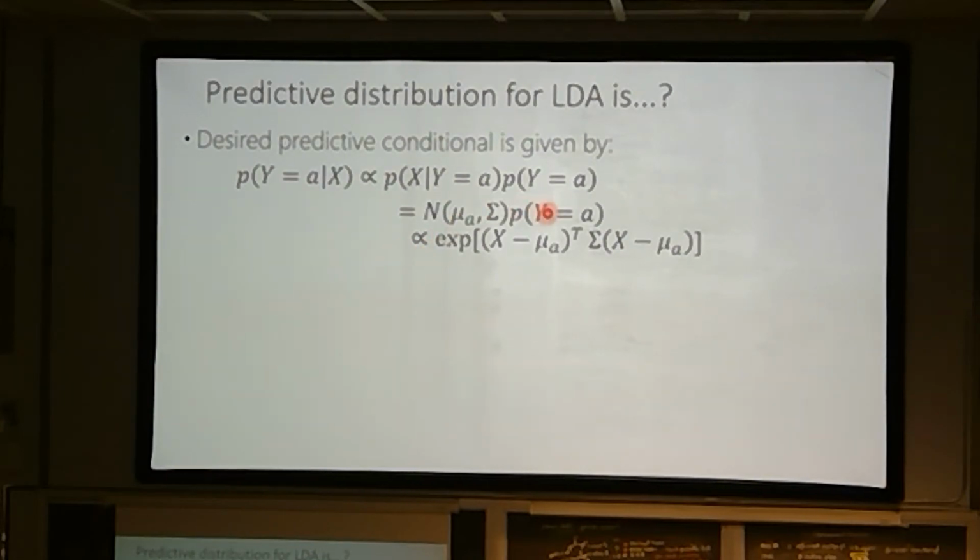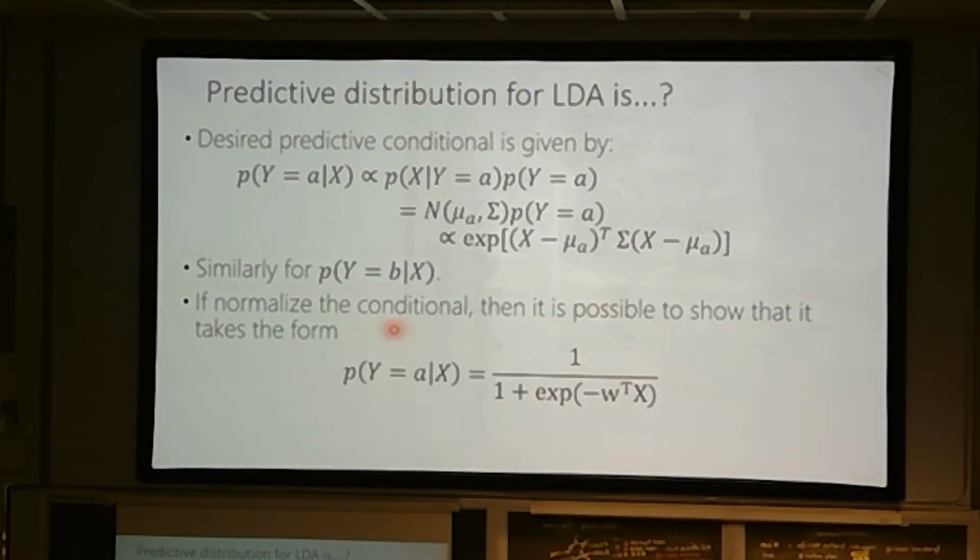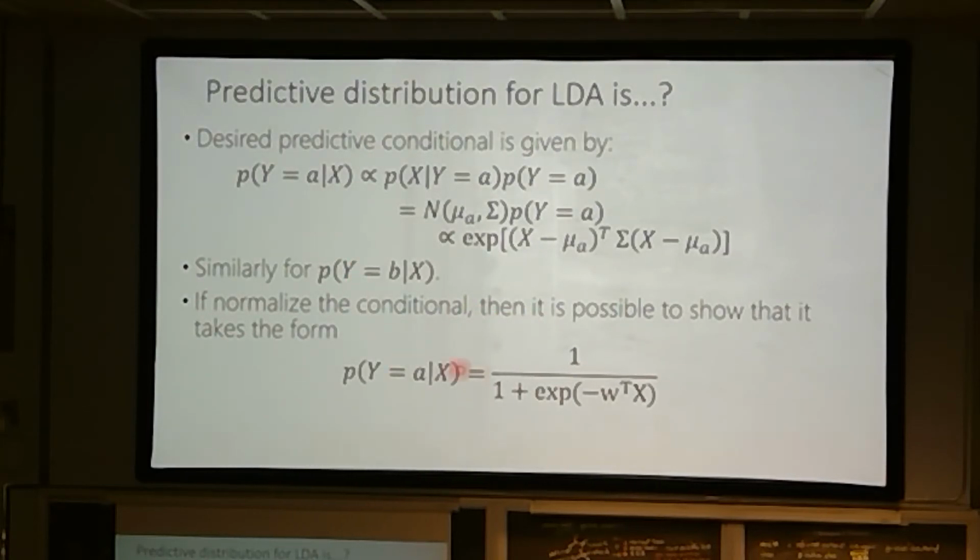And so what that looks like is this, which is proportional to the Gaussians. I'm just doing one class here. What is the probability of y equals a? There's only one Gaussian here, the Gaussian with a mean and covariance for a. And actually, the covariance is shared across all classes, so it has no letter associated with it, times that class probability. I'm proportional because I don't care about x, to the part of the Gaussian density that looks like this. Similarly, I can do the same thing for the probability of y equals b. Now if I normalize these and crank through the math, it's possible to show that it takes this form.